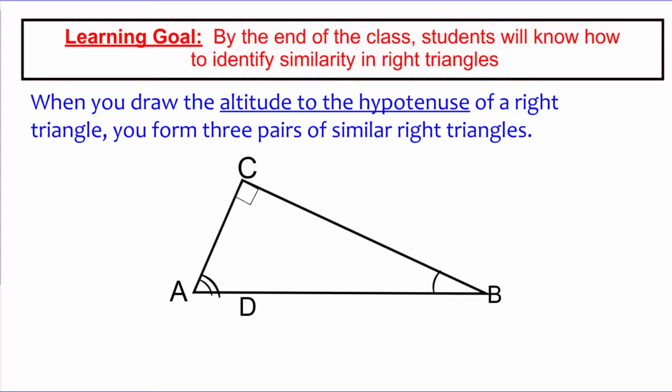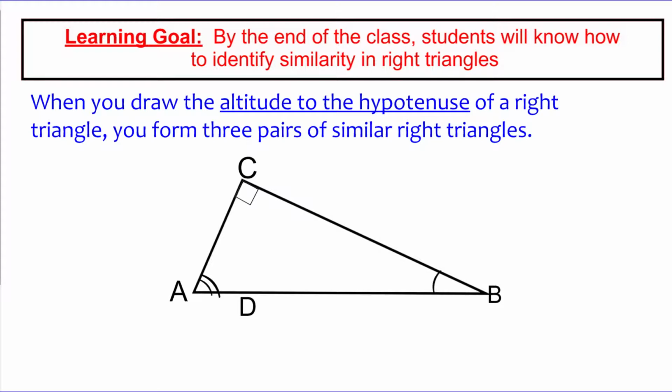We're going to continue discussing similarity, but now we're going to focus very specifically on right triangles and seeing what kind of similarity happens inside of a right triangle. In order to do this, we're going to add a line into our right triangle. So if you see right here, I have triangle ABC, and I've labeled the three angles with a single arc, a double arc, and up top here, angle C